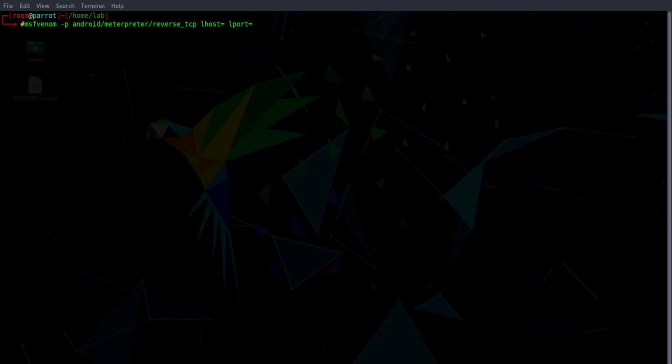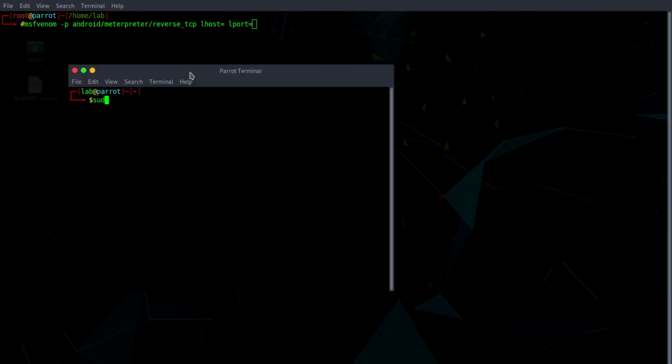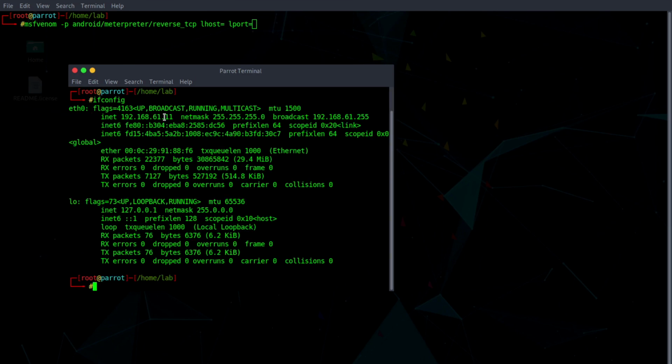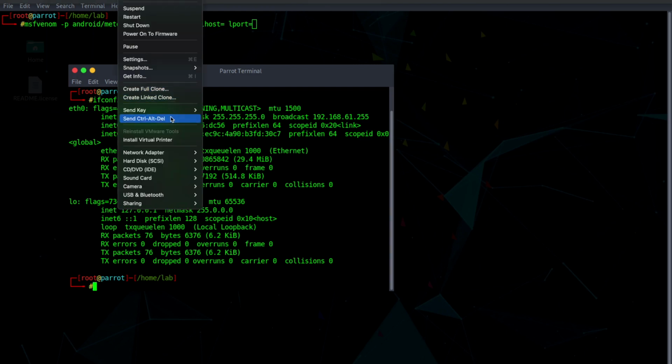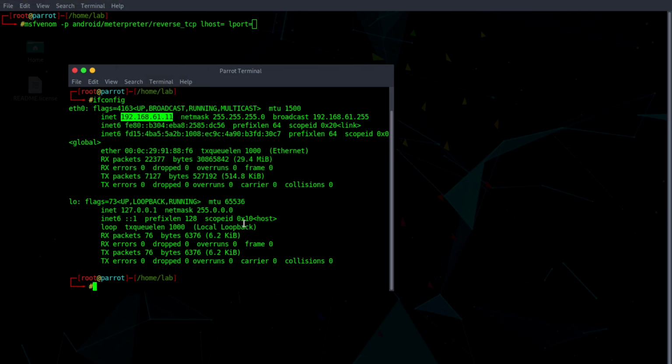So what I have to do, I have to open another terminal, and first of all I have to get the administration privileges, and I have to type ifconfig in order to find out my host IP address. You can see here the host IP address is a little bit changed. For this purpose I have to do something. I have to click on virtual machine, and then click on network adapter, and then I will do bridged auto detect, and if I type ifconfig,